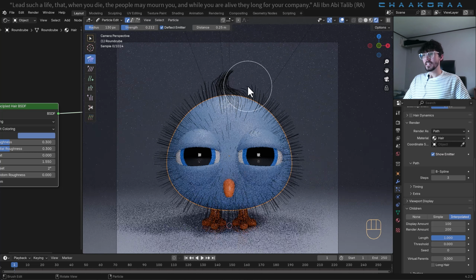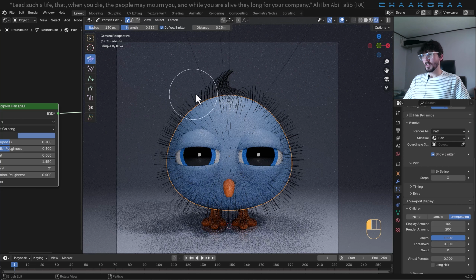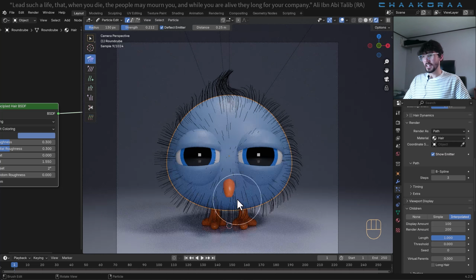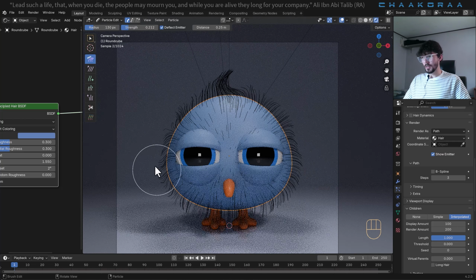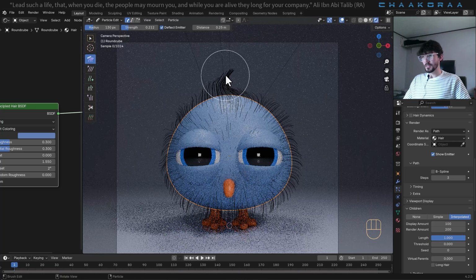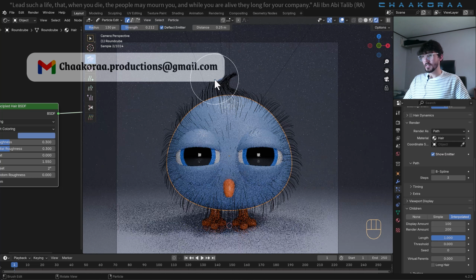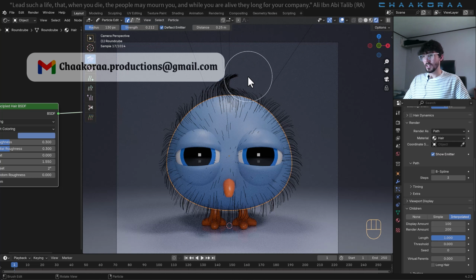And you should go with your own style. You shouldn't go just as I'm doing here. Just feel free to create any shape you like, any kind of shape of the hair and the style of your hair. And after doing, you can send your artworks to my email at